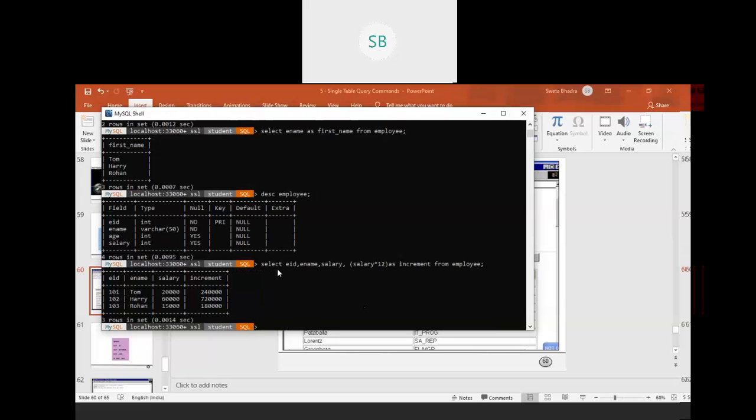So what I did is I have selected EID, ename, salary, and I have added one more column, that is salary into 12, and have written it as increment. Okay. So this is also possible.